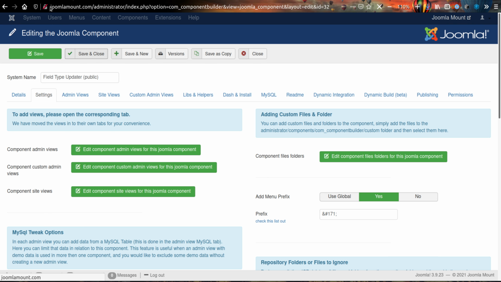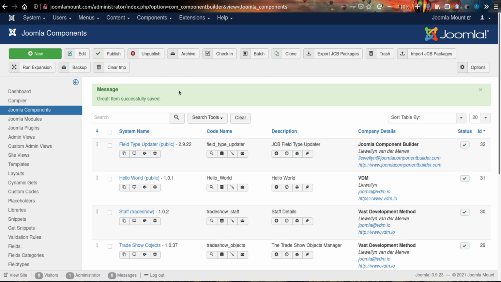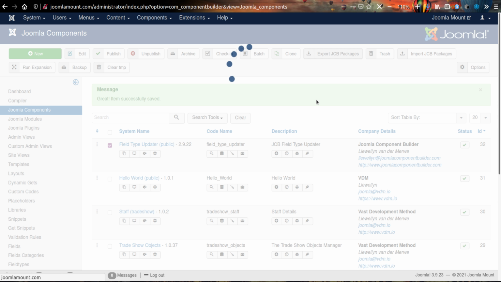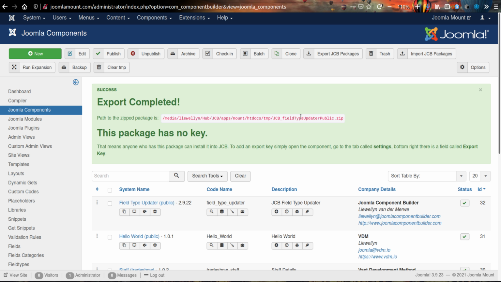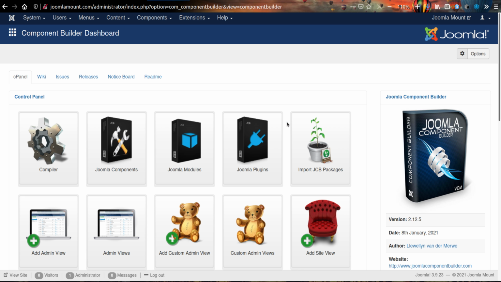This isn't where I built it. I built it in my builder instance. This is just to demonstrate. So if I would then export this package, this is the package I then place in our community repository as the field type updater. So that when you in your component want to update your field types, you can go